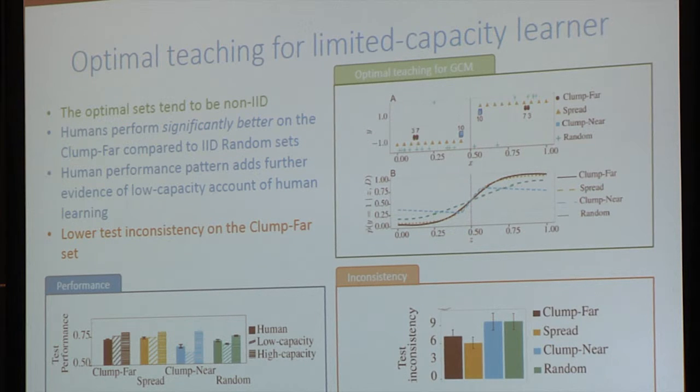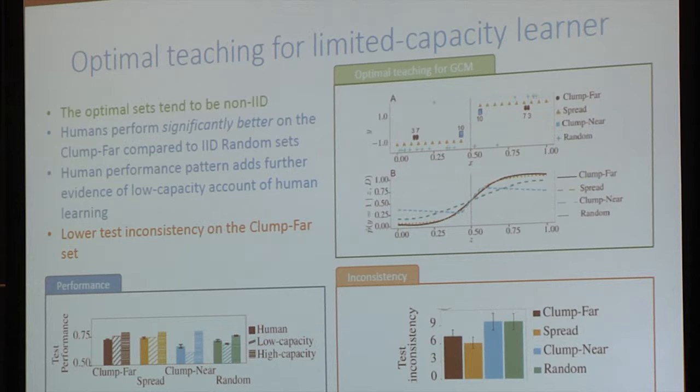We performed experiments on 600 human participants from Mechanical Turk and compared their performance with the low-capacity and the high-capacity model. We find that humans perform much more similar to the low-capacity model than the high-capacity model. And also they perform significantly better when trained on the optimal training set for the low-capacity model when compared to the IID sets. We also quantified their inconsistency in classifying the neighboring test items and find that the test inconsistency